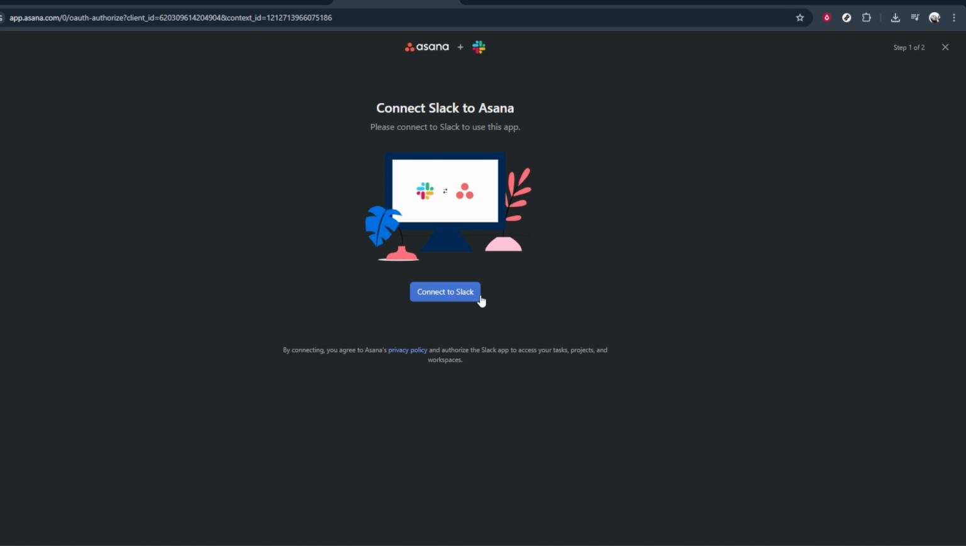From here, simply follow the on-screen prompts. These will usually ask you to authorize Asana to access your Slack workspace, choose which Slack channel or direct message should receive updates, and confirm the permissions. Take a moment to read each screen so you understand what types of notifications you're enabling, then approve the connection. Once you complete those prompts, your Asana project